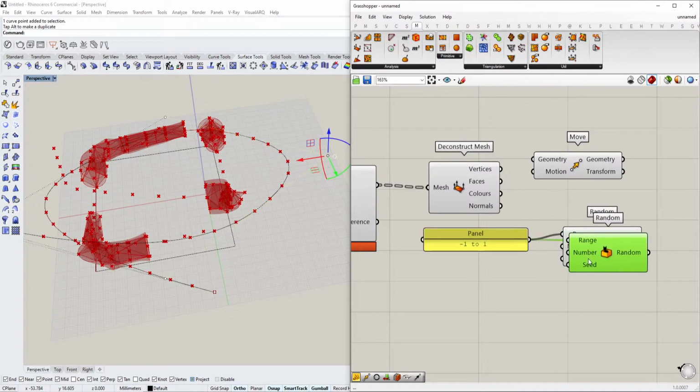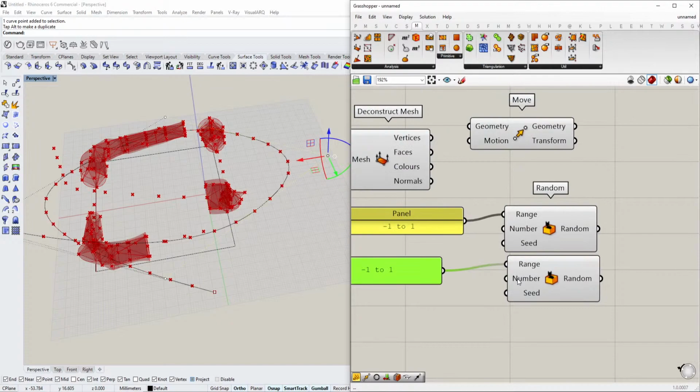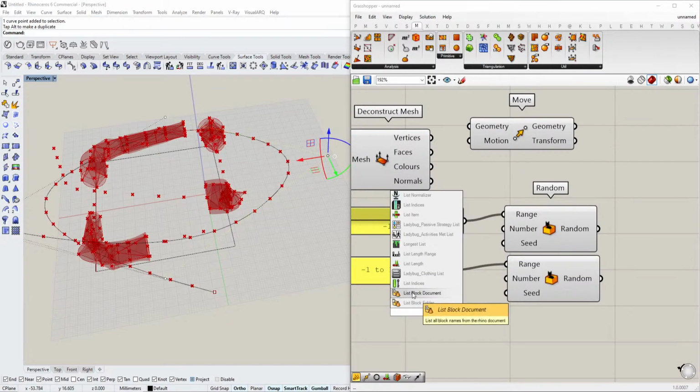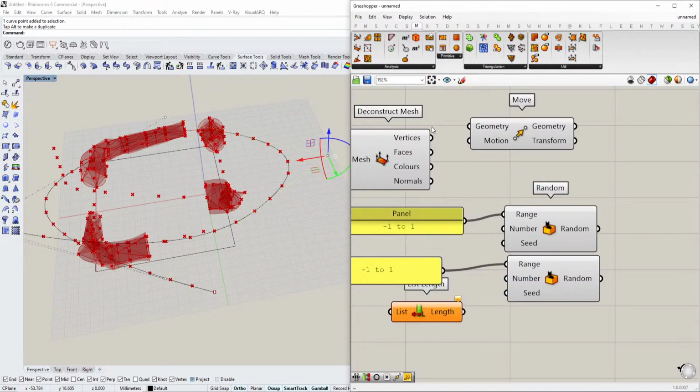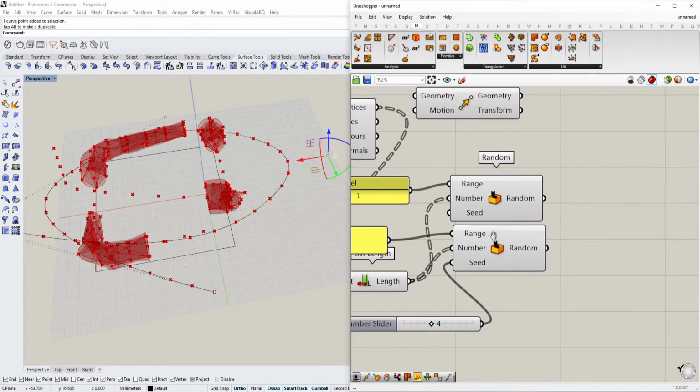We have those numbers here, right? And the list length will be the amount of vertices that are going to be moved like that. We're going to use the seed of 4,